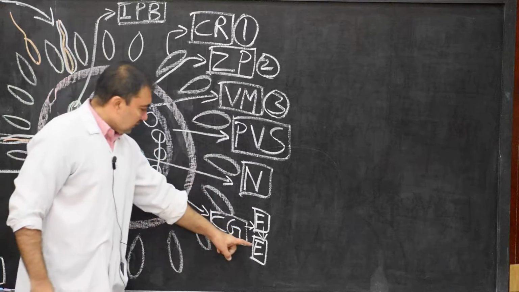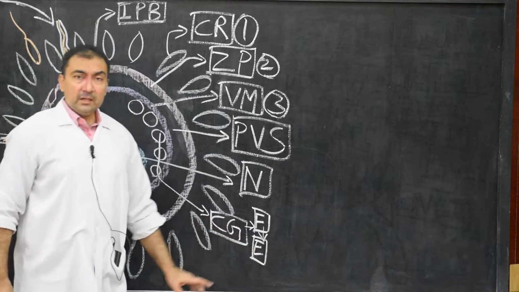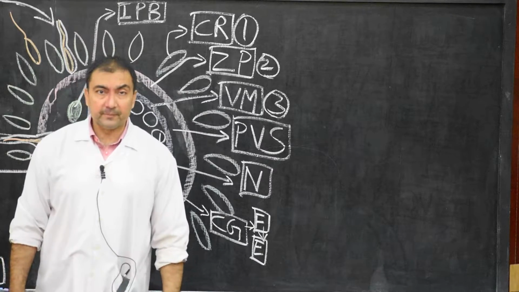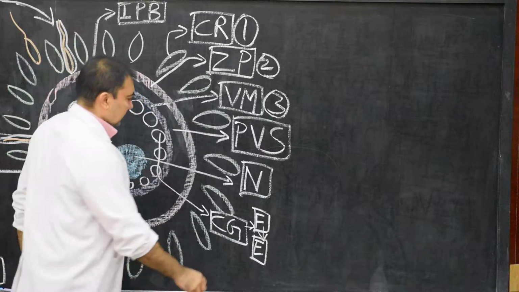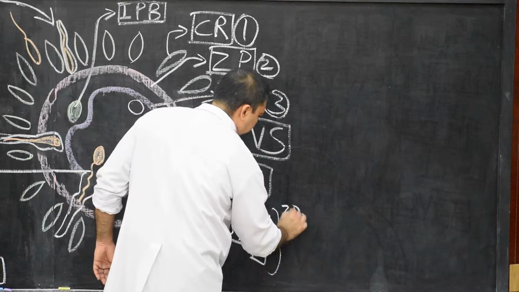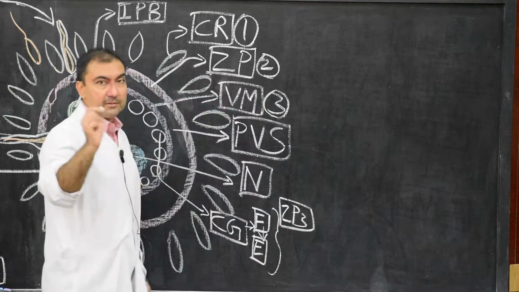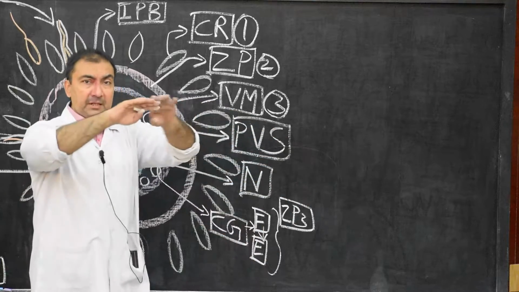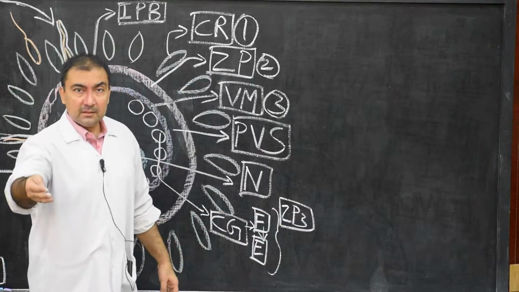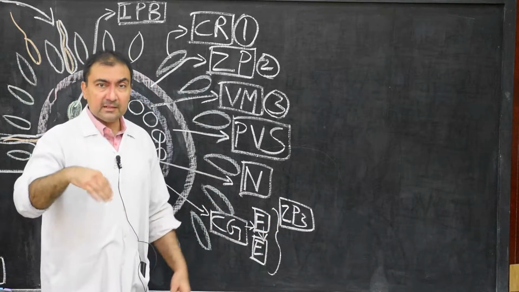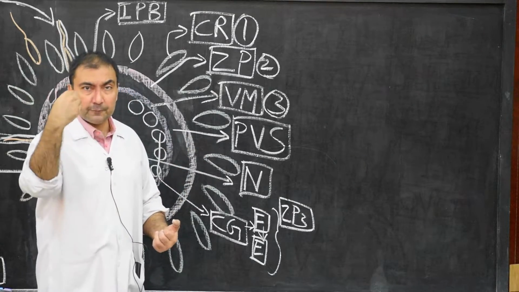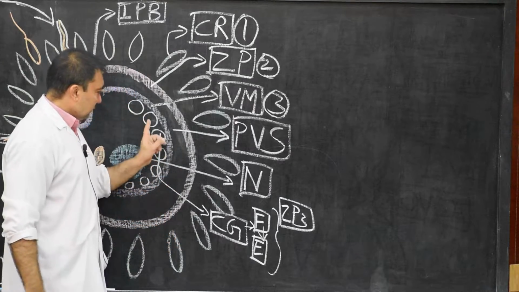What will these enzymes do? These enzymes will react with the ZP3 receptor of the zona pellucida. The first change is that it will hydrolyze that receptor and therefore completely reconstruct the zona pellucida. That means it will block the zona pellucida from other spermatozoa, preventing them from entering. This is the first change because of the release of certain enzymes from cortical granules.